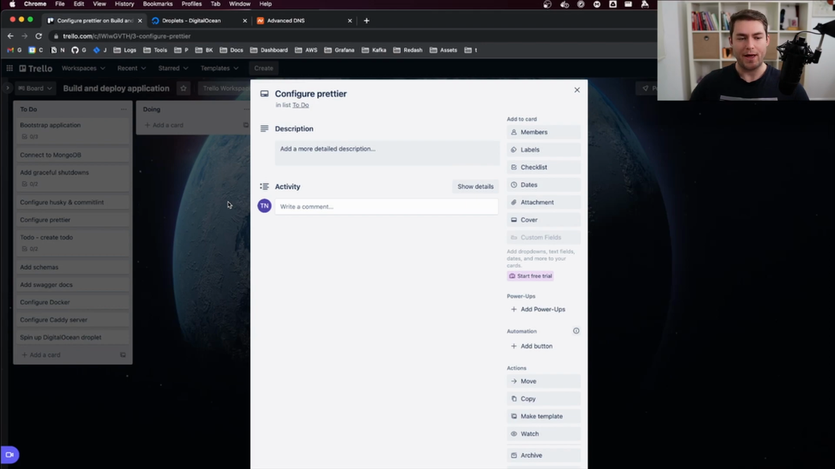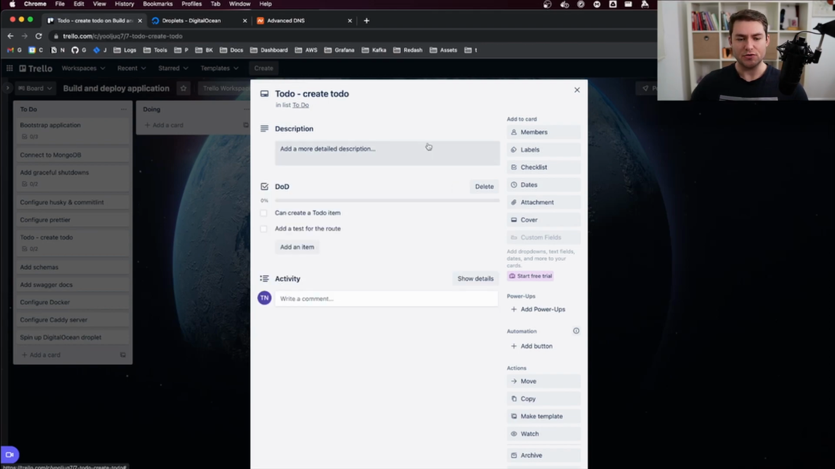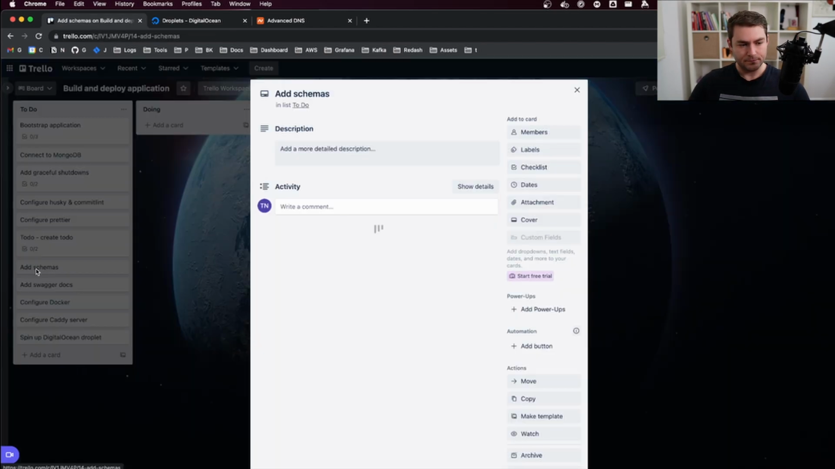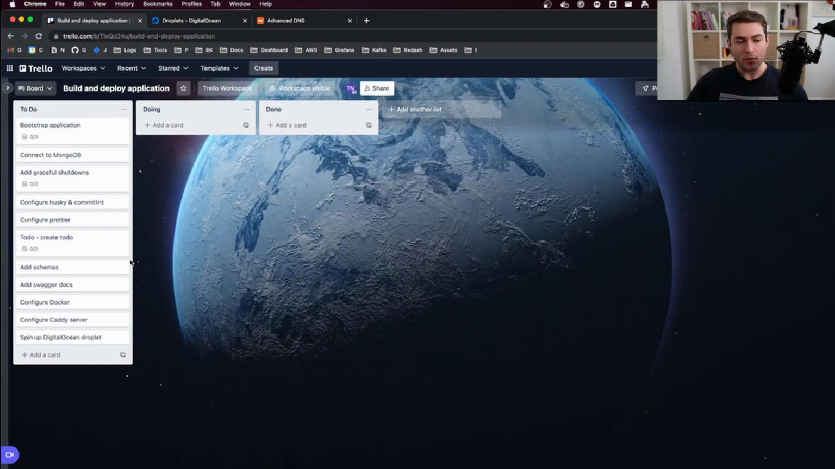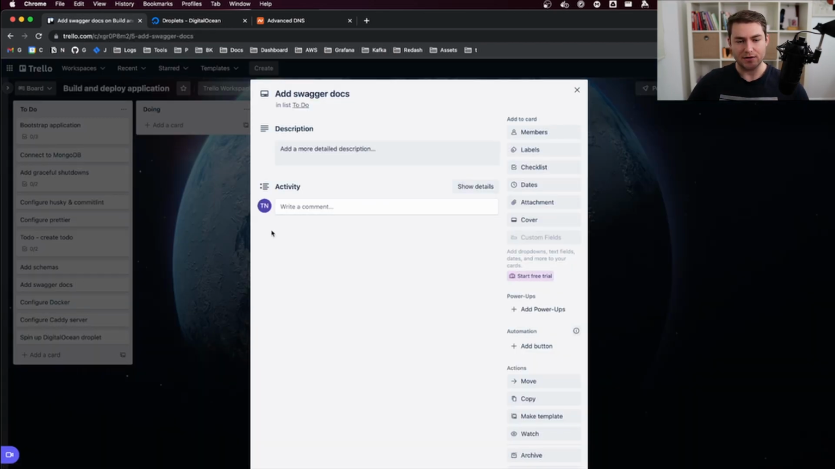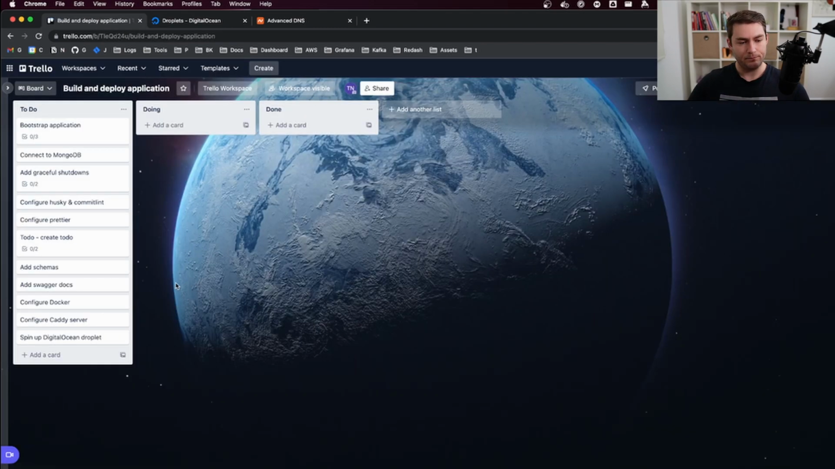Next, we're going to configure Prettier, and this means that all of our code is going to follow a certain format. Next, we're going to configure our to-do module. And this is nothing special, but you're going to see how I like to structure my REST APIs so they do scale in the real world. Then we're going to add some schemas, and this is going to be for validation, but more importantly, it's going to populate our Swagger docs. And most production-grade applications are going to have some sort of documentation, and if you can automate that documentation, that's a real big win. Then we're going to configure Docker, we're going to configure Caddy Server,